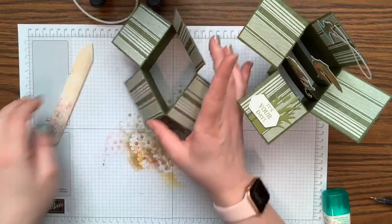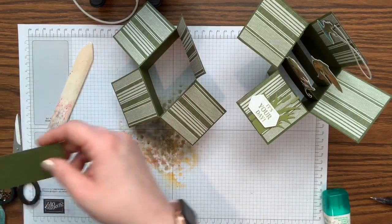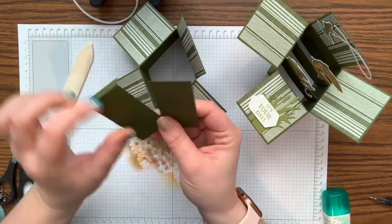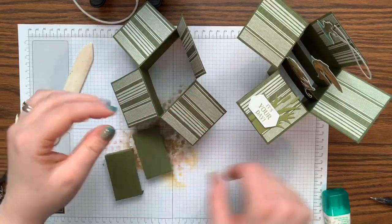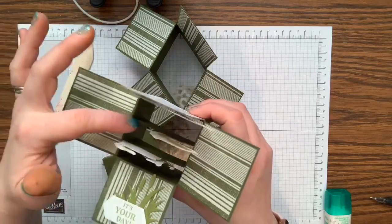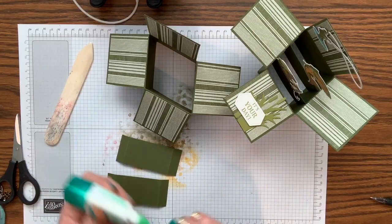All right. The other thing that you're going to need is a piece that's 3.5. Let's see. Yeah. 2 pieces that are 3.5 by 1.5. And they're scored at 1/2 inch on both sides. These are going to be the insert pieces that you're going to be able to attach the pieces that are standing up. Okay, so what I did with those is I put liquid glue